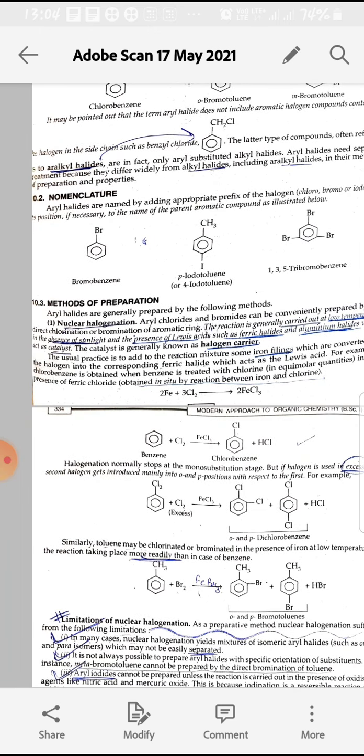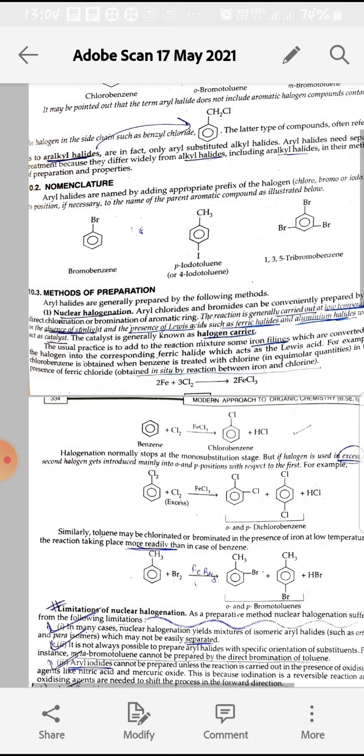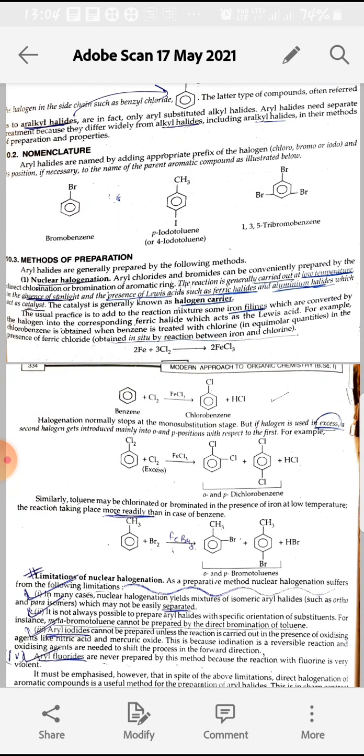Next is methods of preparation. First method is nuclear halogenation. In nuclear halogenation, there will be direct halogenation of the benzene ring, and in this, direct chlorination or bromination of the aromatic ring takes place at low temperature, in the absence of sunlight, or in the